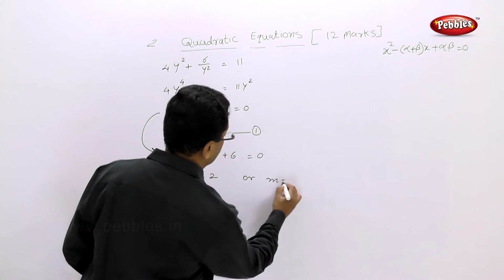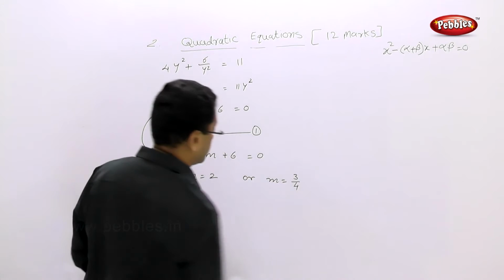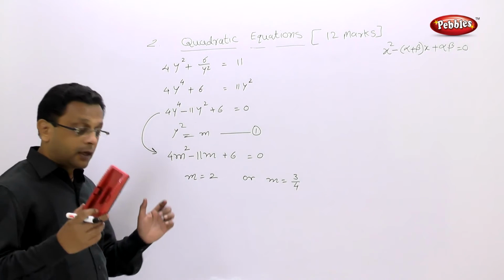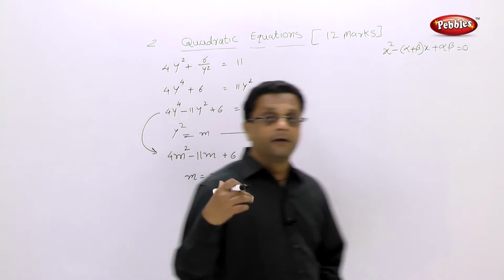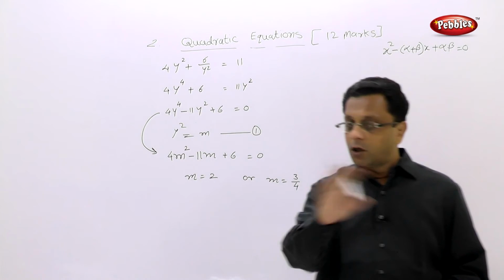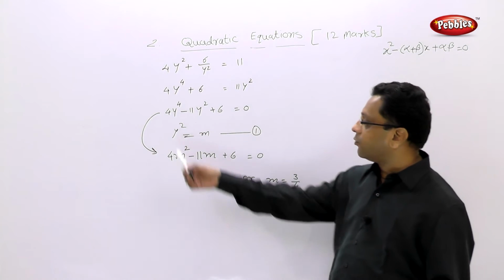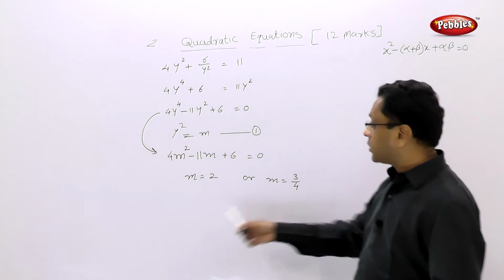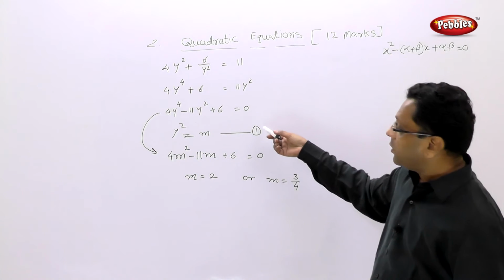Or m is equal to 3 upon 4. My sum has not ended here. My target is not to find the value of this m, but I want to find the value of this y. So now, substituting the value of m in equation 1,